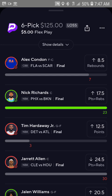Man, I'm like, Tim Hardaway. I mean, he missed a couple layups as well, but it's those 3 pointers that really cost him, man. Even though he's a great 3 point shooter, I think he could be dominant driving to the hole because he's so quick off the dribble. He could easily draw fouls on his defenders, and he can really slash to the basket when he wants to, but he wants to take so many threes,